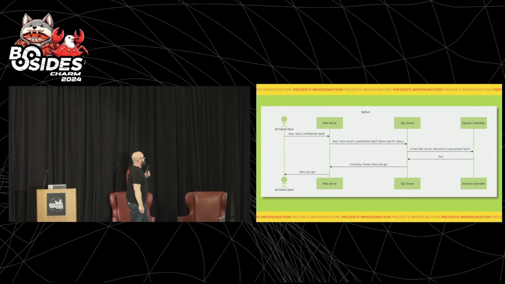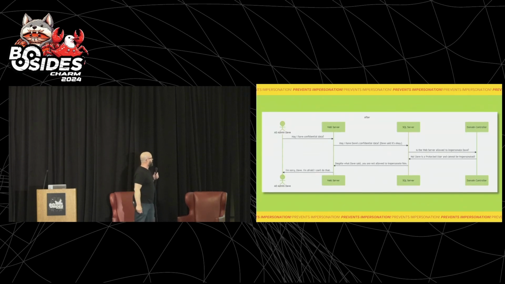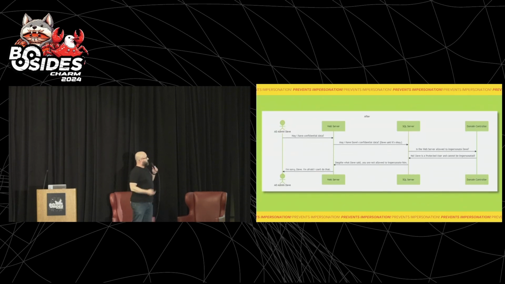Afterwards, maybe. There we go. So same flow at the beginning, right? May I have the confidential data? Yes, of course you may. No, but instead, may I have Dave's confidential data? Again, SQL server checks. Is the web server allowed to impersonate Dave? This time around,